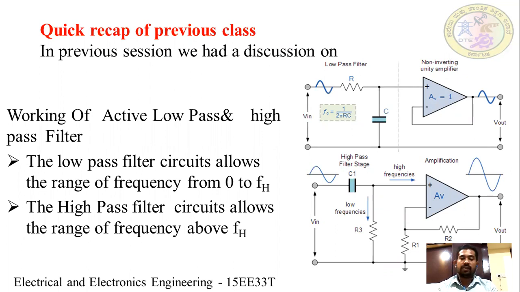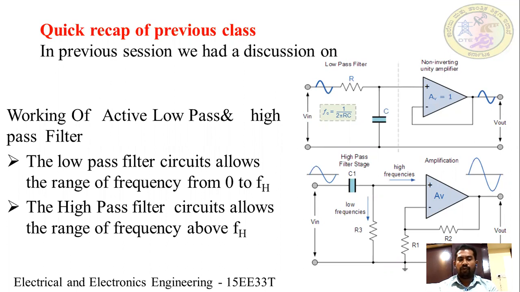It actually consists of the resistor R, capacitor C, and also a non-inverting unity amplifier, with Fc equal to 1 divided by 2 pi RC. The input is given as V input and we are getting output as V out. The low pass filter circuit